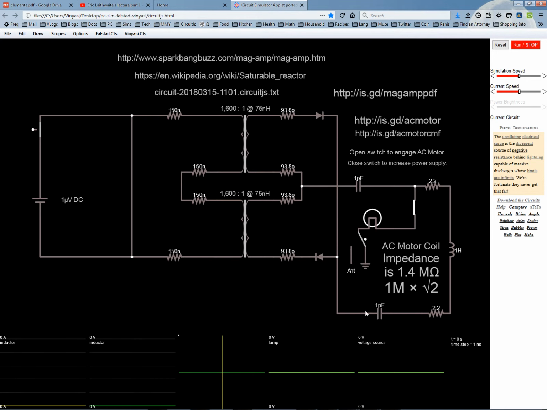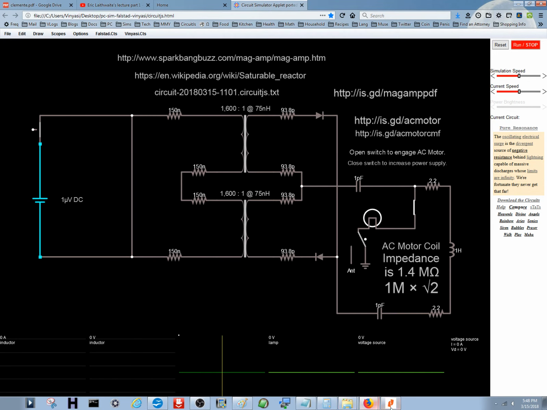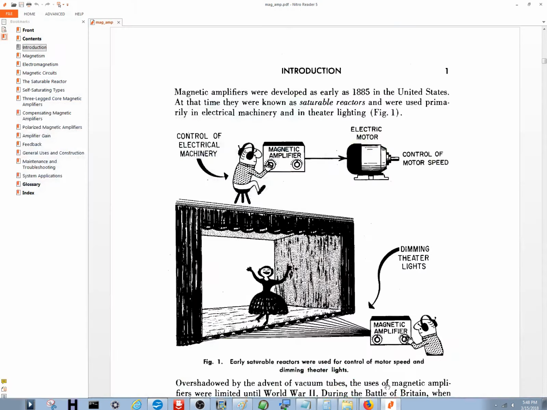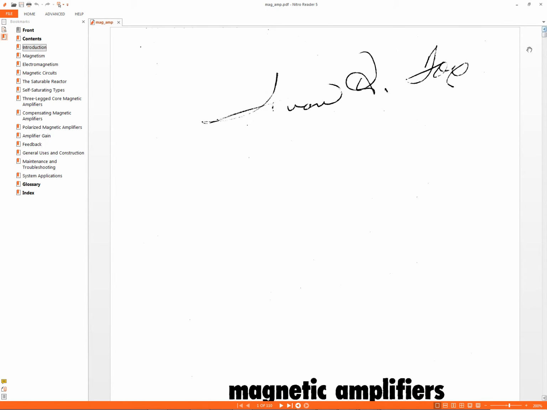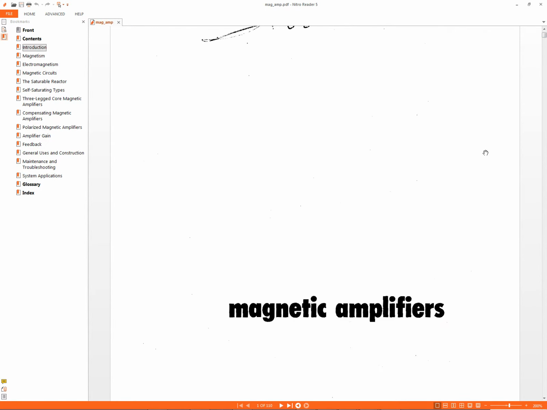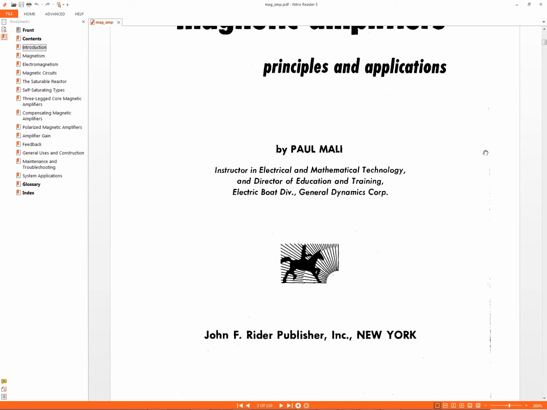And then I downloaded it, and it's a very nice PDF file on magnetic amplifiers by Paul Malley. And it's worth preserving. It's worth getting a hold of it. It says that the